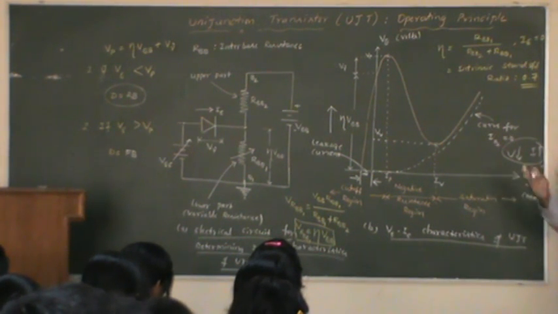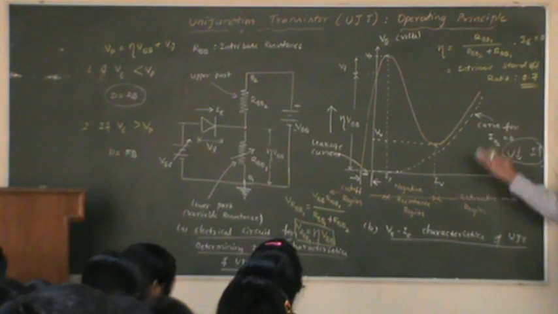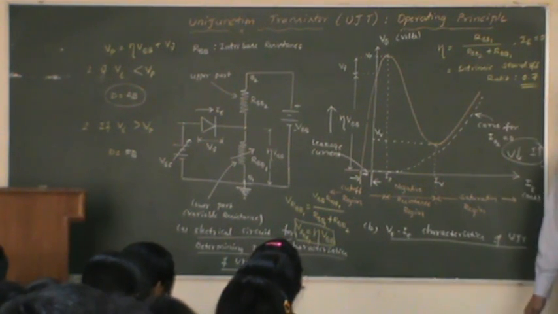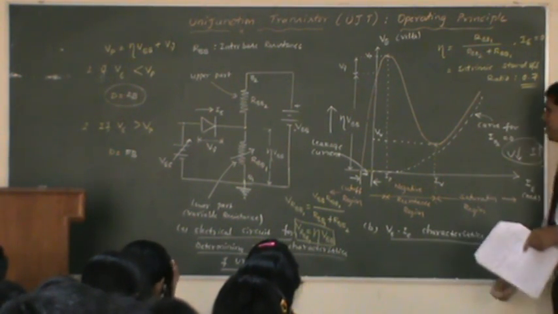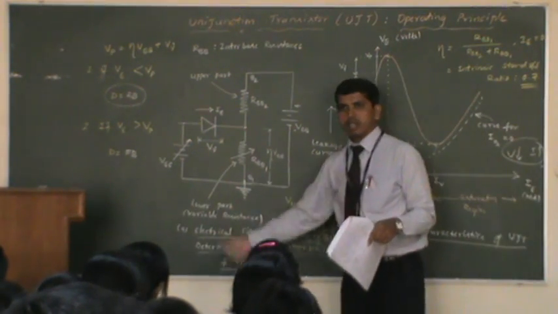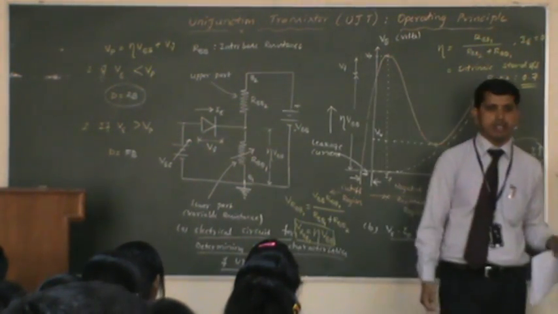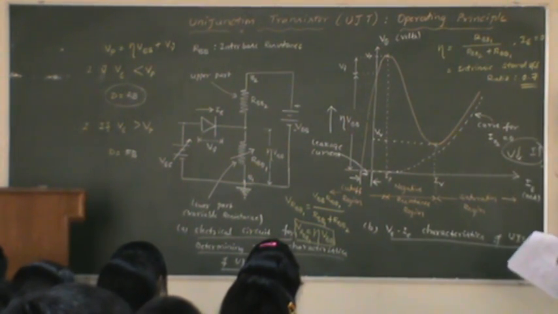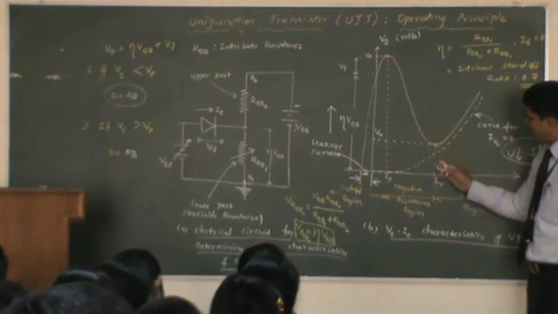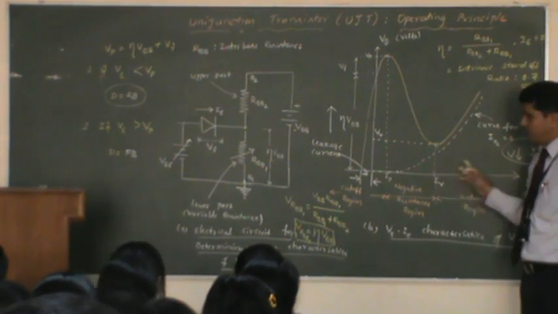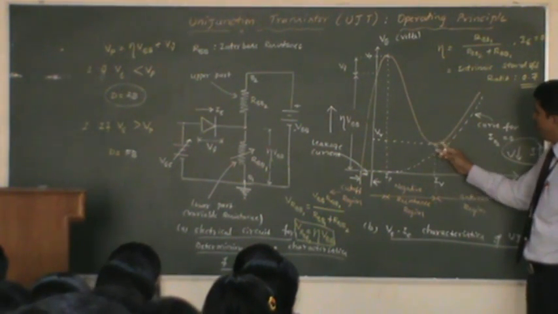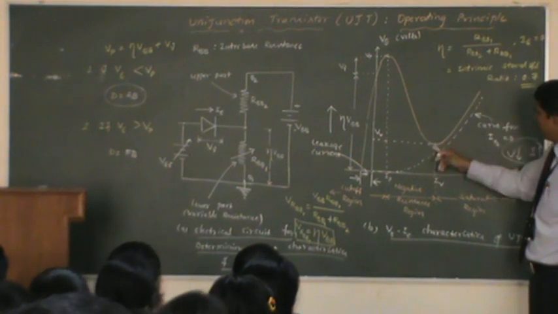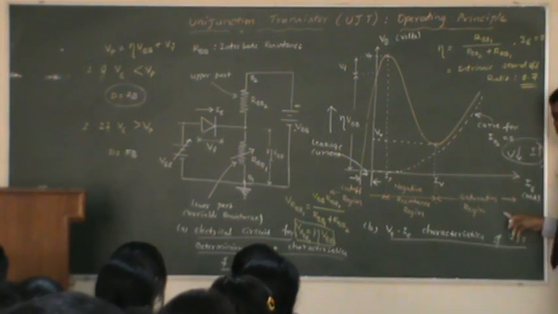When you want a certain frequency of oscillations, then you can use this kind of device. When you want more oscillations to be generated, at that time we can prefer this. One such application we are going to discuss later, after this characteristics. Once the current reaches the valley, if you still increase the voltage, again voltage and current both will start increasing, and this particular region is called the saturation region.